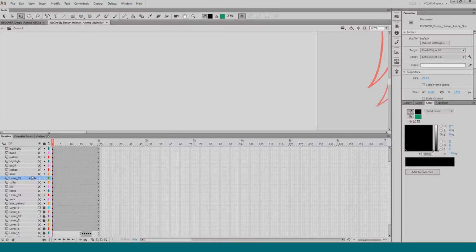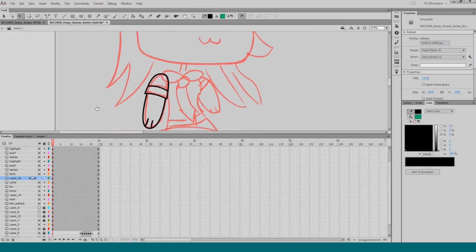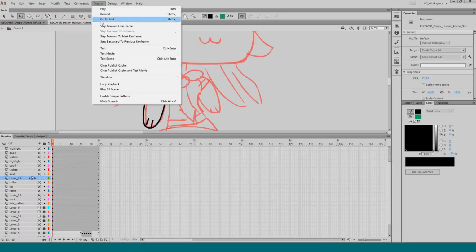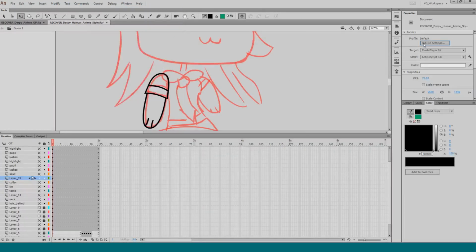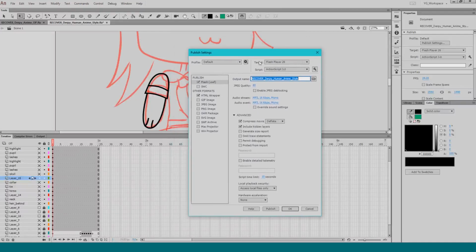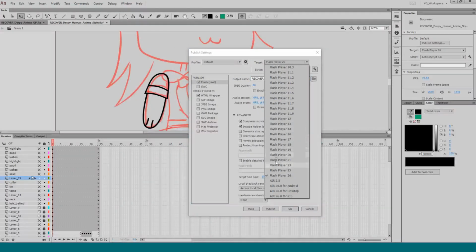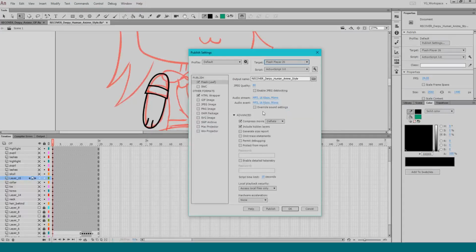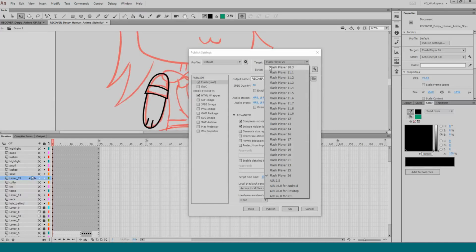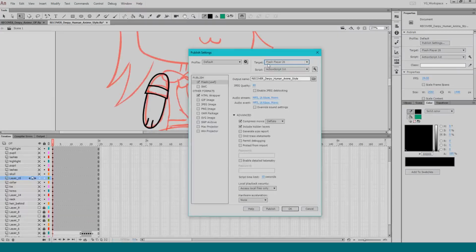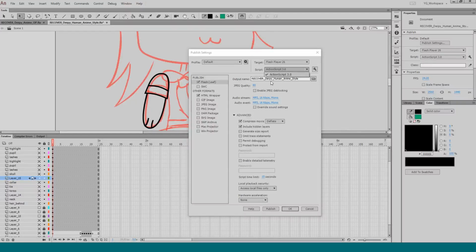Yeah. Again, that's the Flash Player. Of course, when you press Control... let me see. Oh, it's this one. There we go. So you can see Flash Player 26, and there's a whole bunch of these that I could export to. I'm sure older versions of Flash would have older versions of Flash Player available, and because this is newer, they got rid of ActionScript 2, so that's practically dead now, I believe.